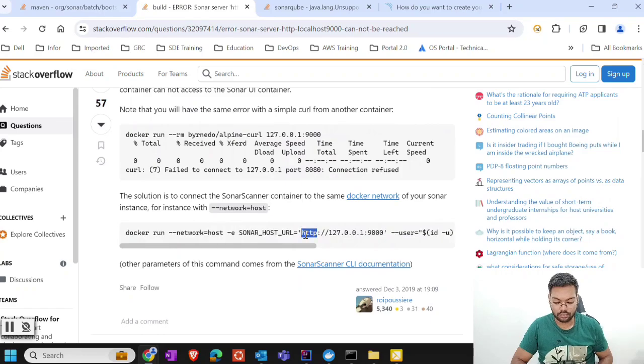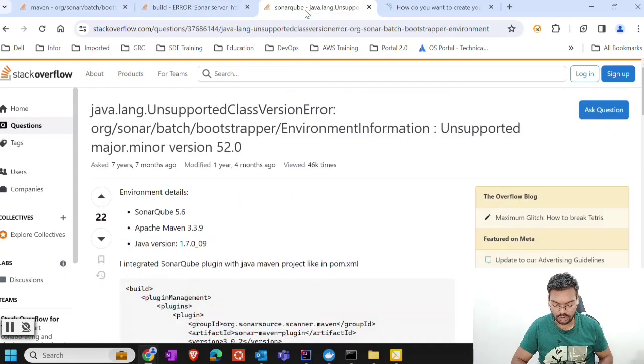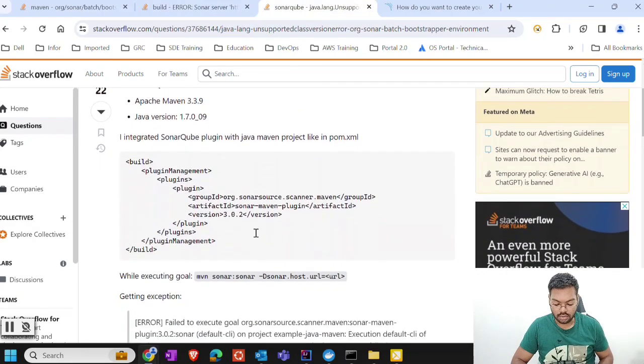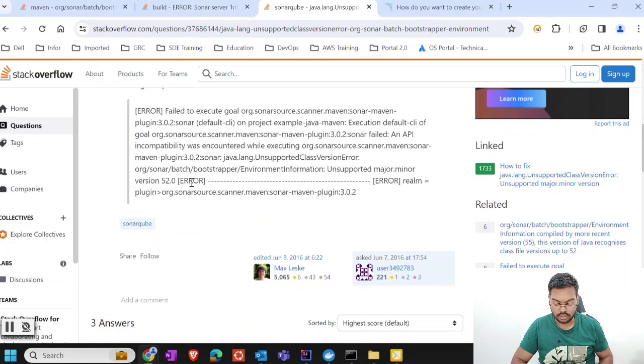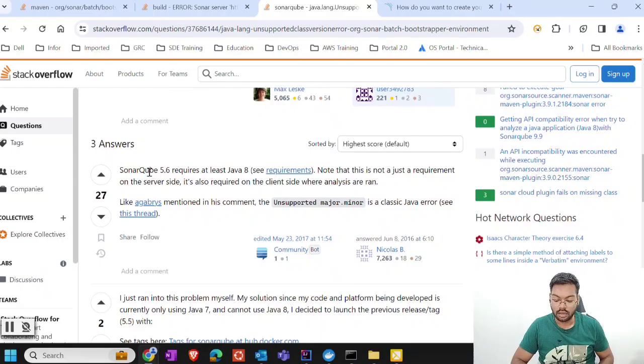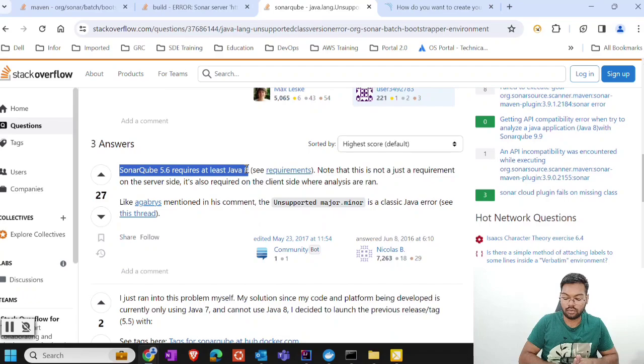And here, next, it is also saying the same thing. And this particular thing got me: SonarQube 5.6 requires at least Java 8. So I thought that